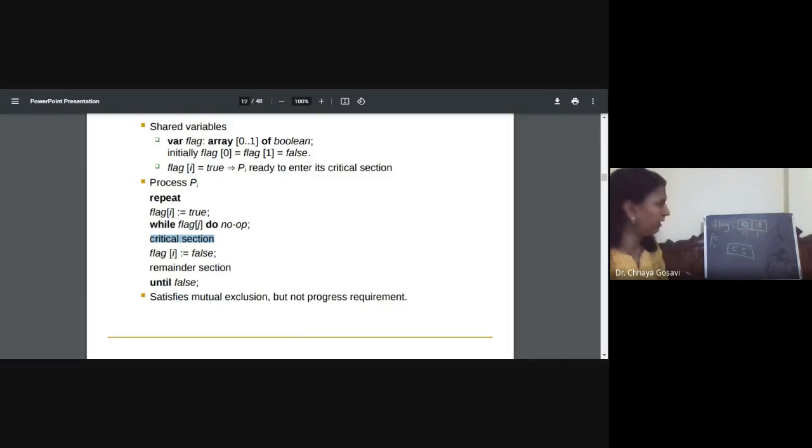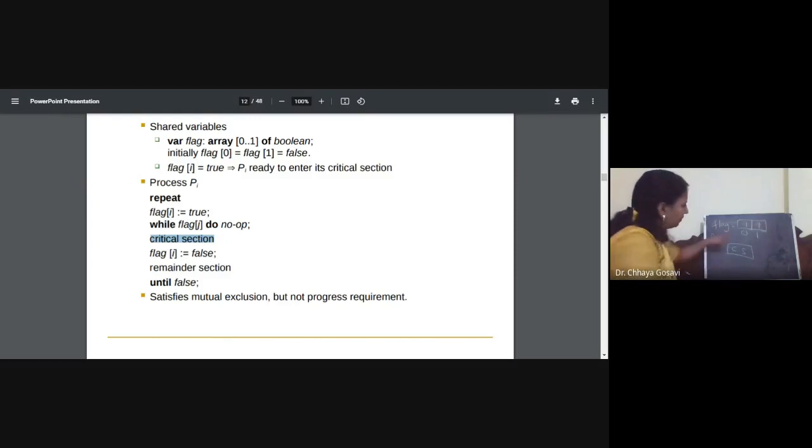So in the second attempt, it has to check whether the other flag is 0, and only then can the process enter. In the second attempt, it has to check the other process status before entering into the critical section. And in the third attempt, the process will change the flag without checking the status of the other process. For example, if P0 and P1 arrive at the same time, each will first change its flag without checking whether the other flag is 1 or 0.